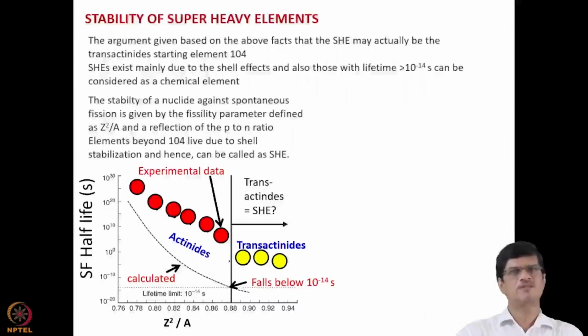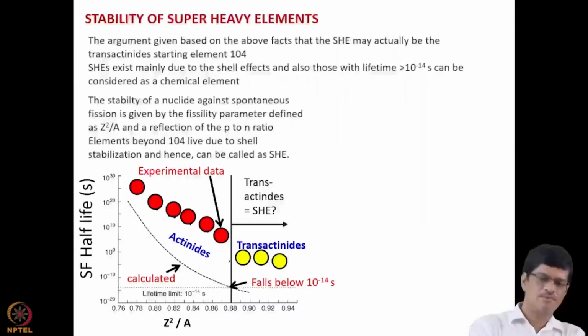heavier actinides or the transactinides, and this is given by a parameter called the fissility parameter, which is defined as Z square by A, where Z is the charge of the radionuclide and A reflects the proton to neutron ratio. This is also depending on the Z square by A, or the fissility parameter. Now, based on the liquid drop model, you can calculate the lifetime, or the decay lifetime for spontaneous